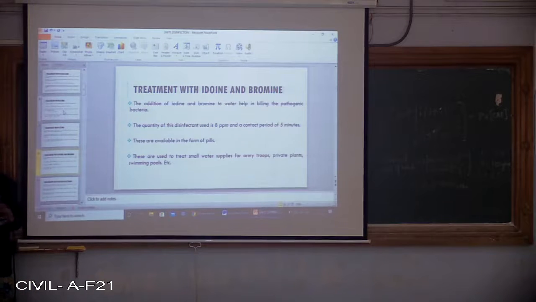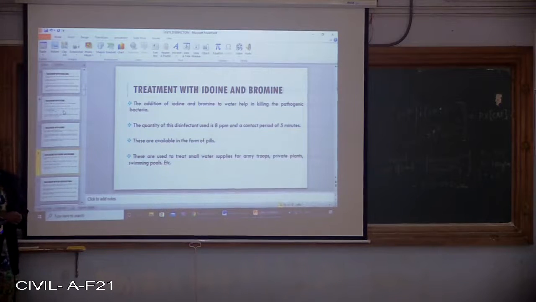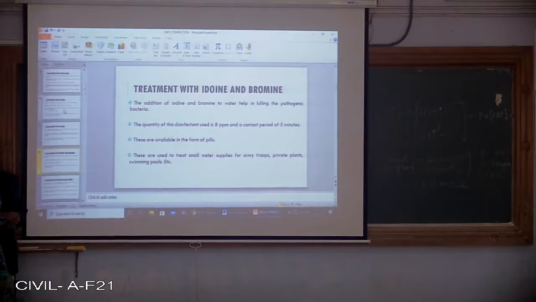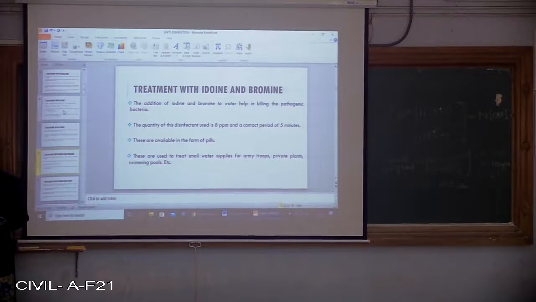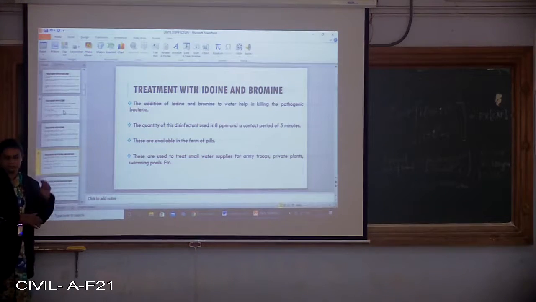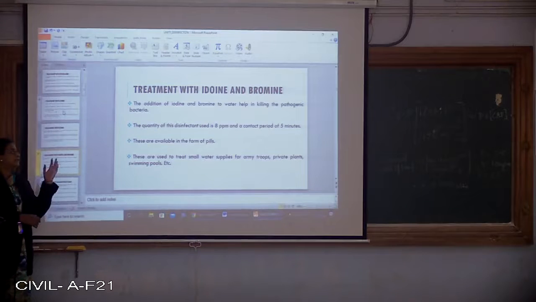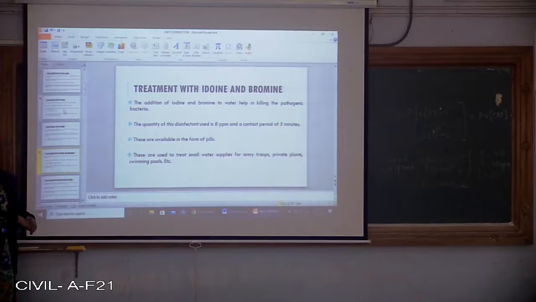So next, coming to treatment with iodine and bromine. The addition of iodine and bromine to water, actually this particular method is not used here. So I am just going to give a brief introduction regarding the other treatments also. Treatment with iodine and bromine, the addition of